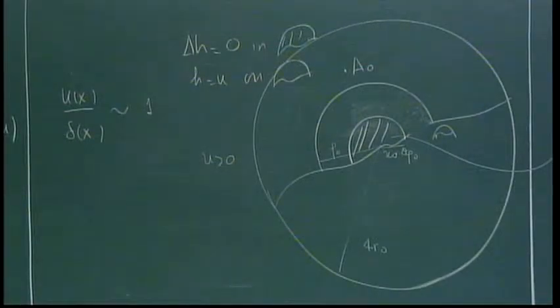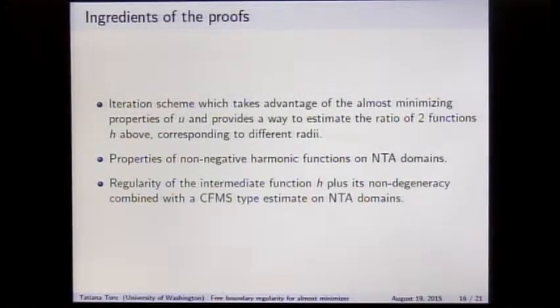We use the property of non-negative harmonic functions on NTA domains, as I described. And then we use the result of Caffarelli-Friedman and Salsa on NTA domains to obtain the result. Okay? So, but that was very good. So finally, we had our tangent objects. And so when the Q is continuous, that's the best that we could expect to have: uniform rectifiability.